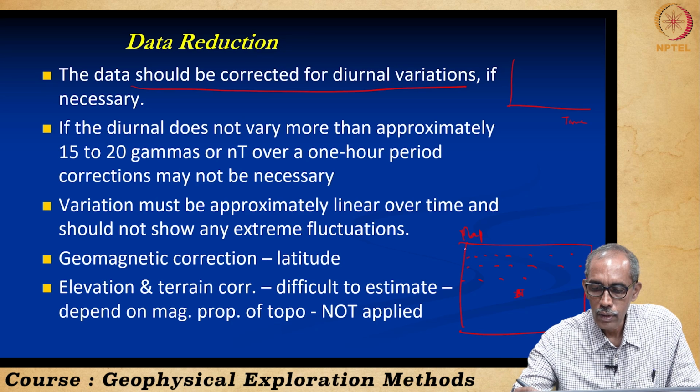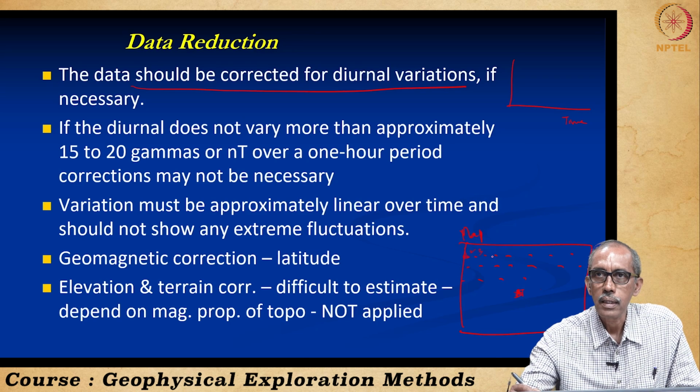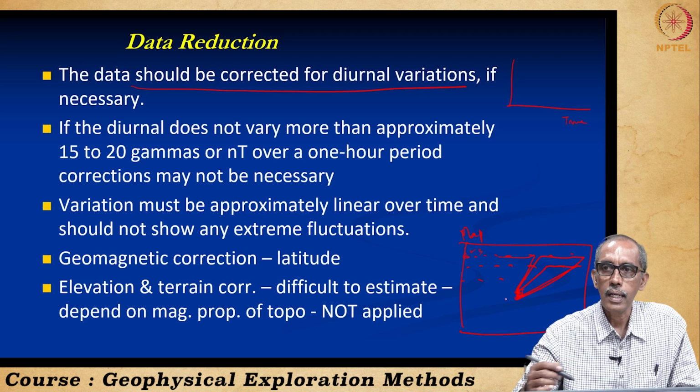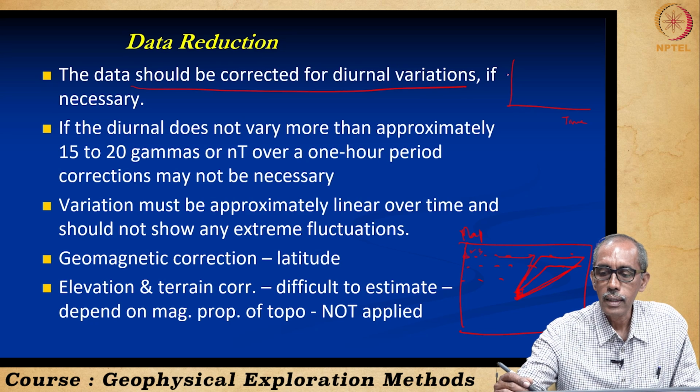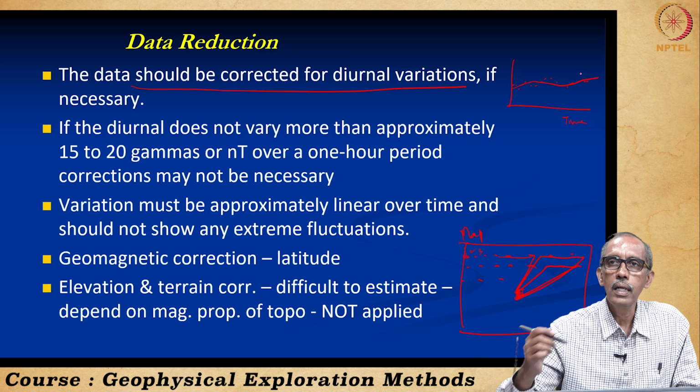So, we are commencing our survey here, first point, second point, third point. Then we go here, take the measurement, then come back to this place, continue our survey. Then after 30 minutes, come back, continue our survey, then come back, and again visit this site. The idea is you collect the time versus total magnetic field. So, this is known as diurnal curve.